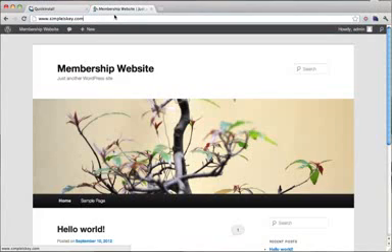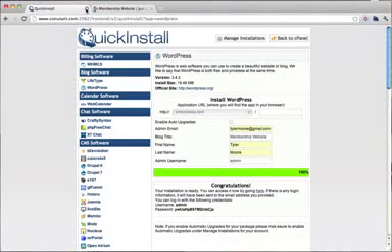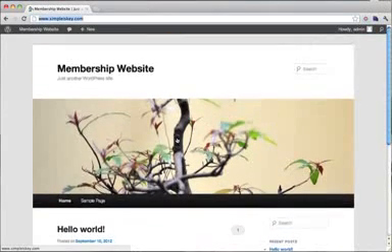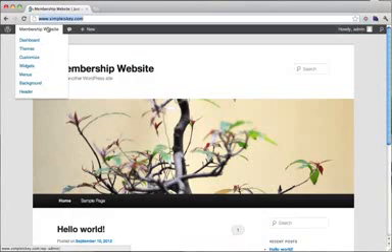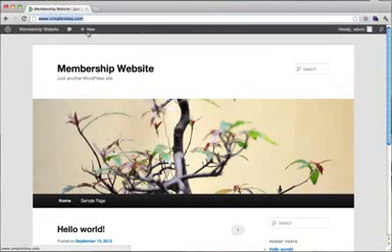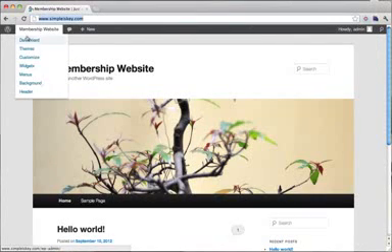The next thing we're going to do is install a theme because we don't like the looks of this theme. So let's close our quick install and let's download a new theme. So if we go to our dashboard again by just hovering over here and clicking dashboard, and just remember this bar is not here. It's only here when you're logged in. So your users aren't going to be able to see this bar. So just hover over membership, click dashboard,